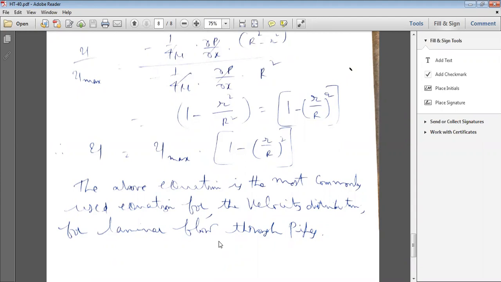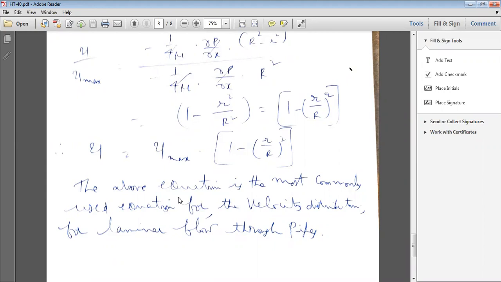Third topic, flow on a vertical plate, natural convection on a vertical plate. This is forced convection, only in a tube. Forced convection consists of two topics, external flows and internal flows. External flows are completed, and this is internal flow. Today we complete one class. Tomorrow we'll discuss the temperature distribution.